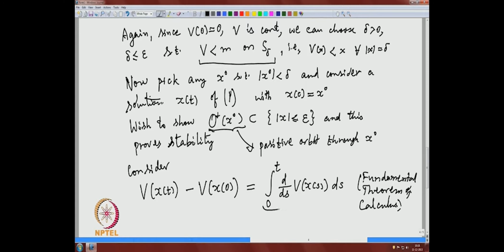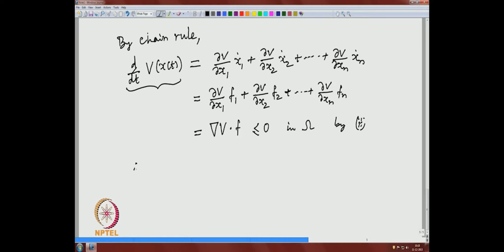Here in the integrand I have that derivative. So therefore, v of x(t) minus v of x(0)